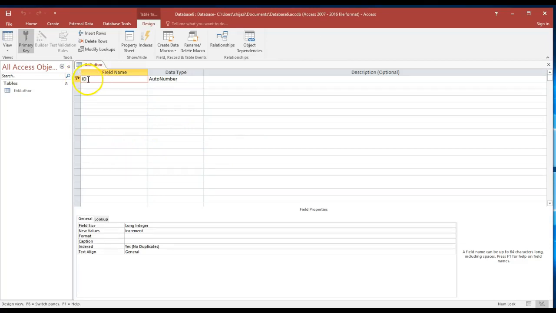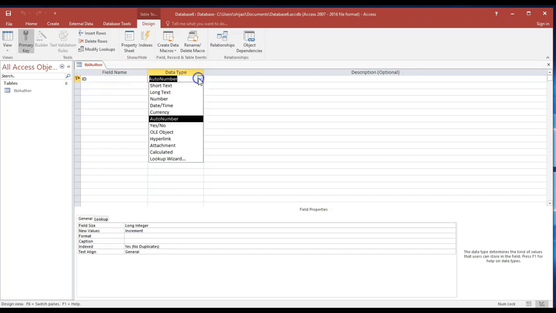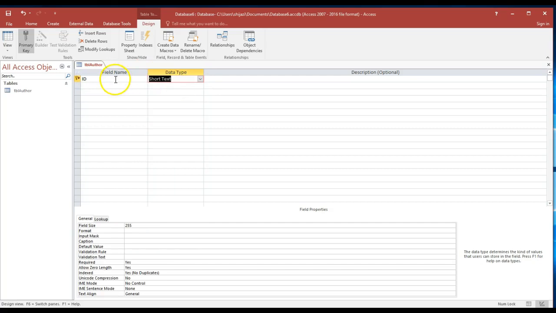using the primary key that it gives me directly, which is an ID number, author number. I'm going to change this to a text, short text, and I'm going to make this an author ID. As you notice, I'm going to go ahead and limit this to just 6 digits, and I'm going to also put the input mask as